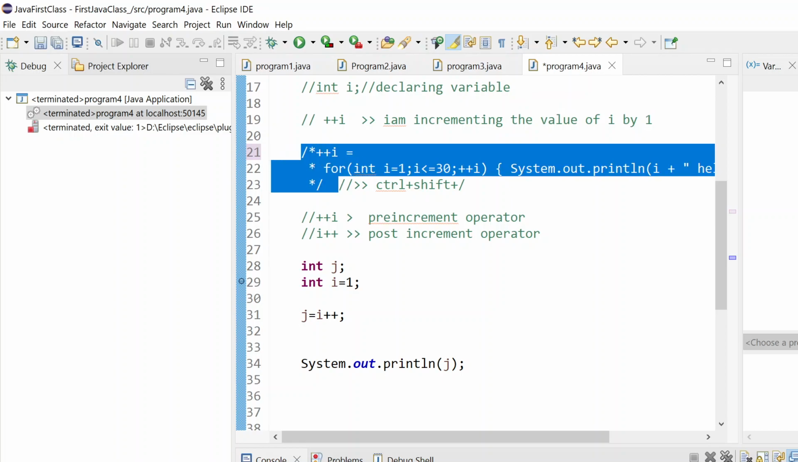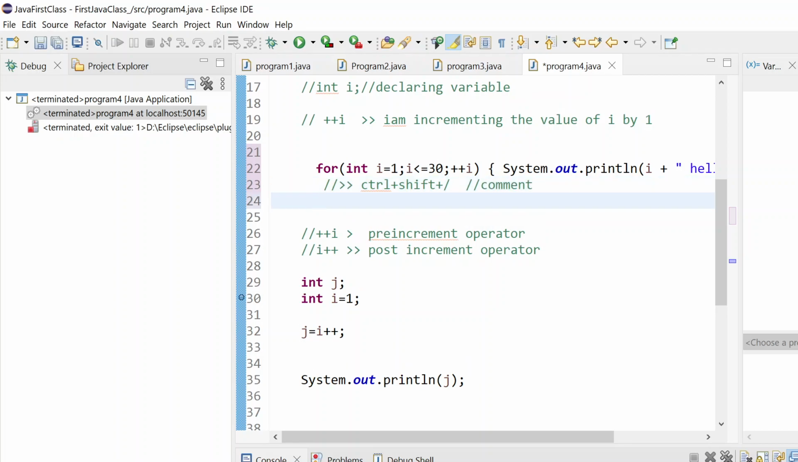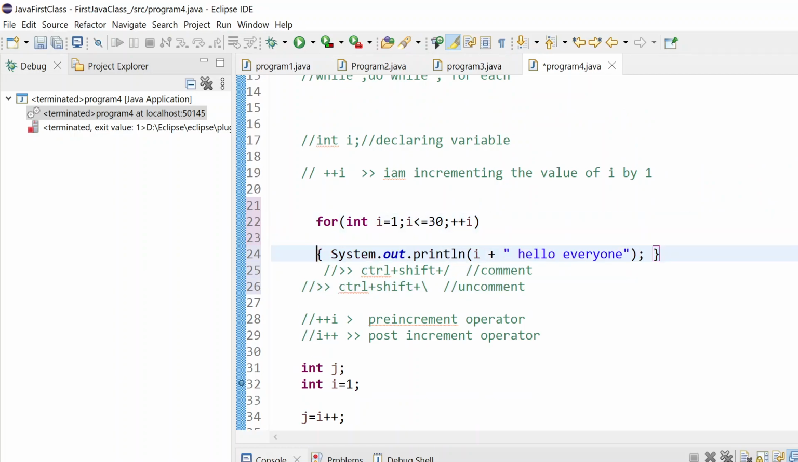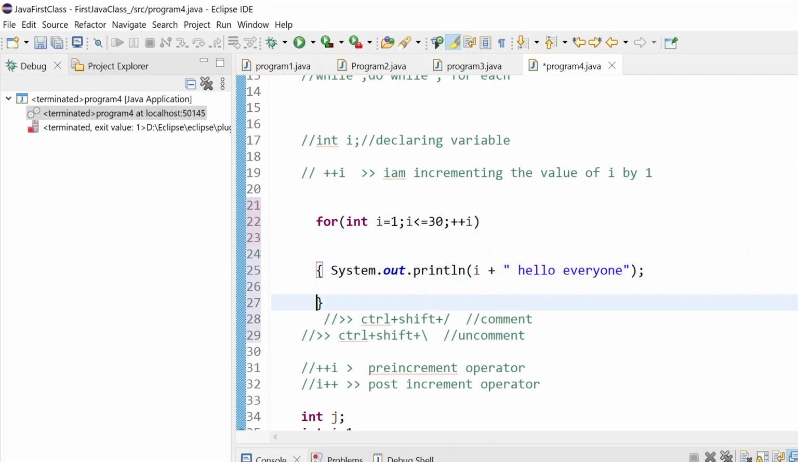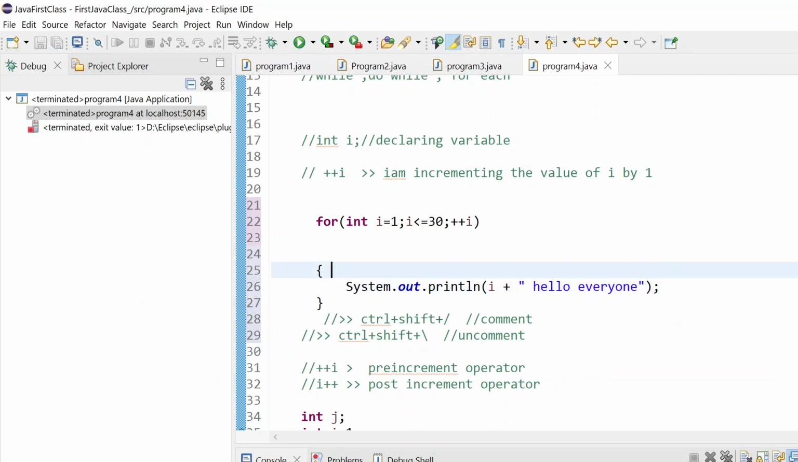So the shortcut to remove the comment is Control Shift backslash. So this is for commenting if you want to comment anything, and if you want to uncomment anything, just put a backslash at the end. So this is the forward one, this is the backward one; you need to give it one time, and it will be uncommented. So if I save it and try to run it,